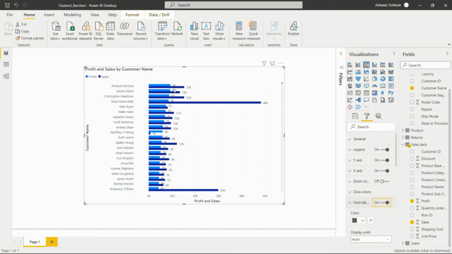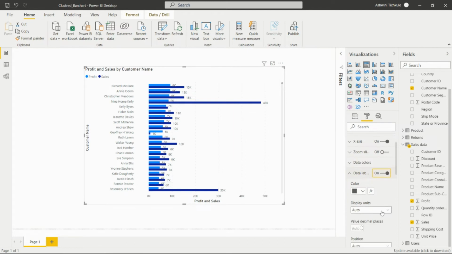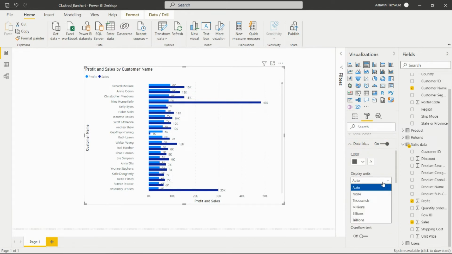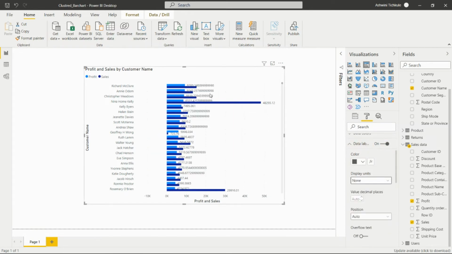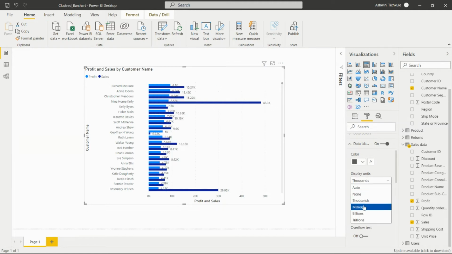It is giving us values in thousands, so we can change the units also from this display unit section. We can set it as none, so it will give us this raw value, and we can't understand what that value is, so we have to set it in thousands, or we can set it in millions or billions also. As of now we can take it as thousands.